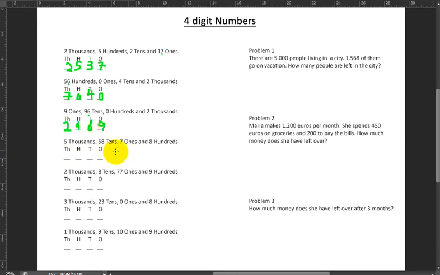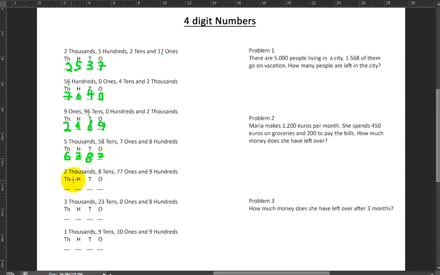Next up, where's the ones? 7 ones. Okay. 58 tens. So I write 8. And I carry over 5. And we have 800s plus 5 that I carried over. Now here's the odd thing. 5 that I carry over and 8 makes 13. Am I going to put 13 here? No. I'm going to put in just the 3. And then carry over the 1 to the thousands. So I'm going to have 5 and 1 makes 6. And I get the number